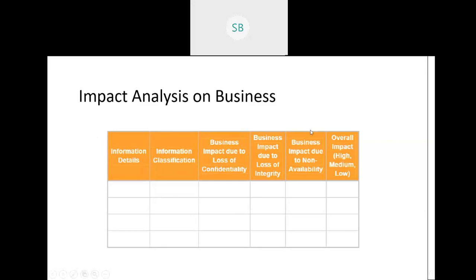So overall impact, what is it after you have found the questionnaires? For confidential information, you have to ask how the confidentiality of the data is handled in the system. It can be classified or restricted, confidential or highly confidential, whatever information you are getting. Then you have unauthorized disclosure also. What will be the impact of it, like no impact or some negative impact, right? And then you have to identify the integrity also.